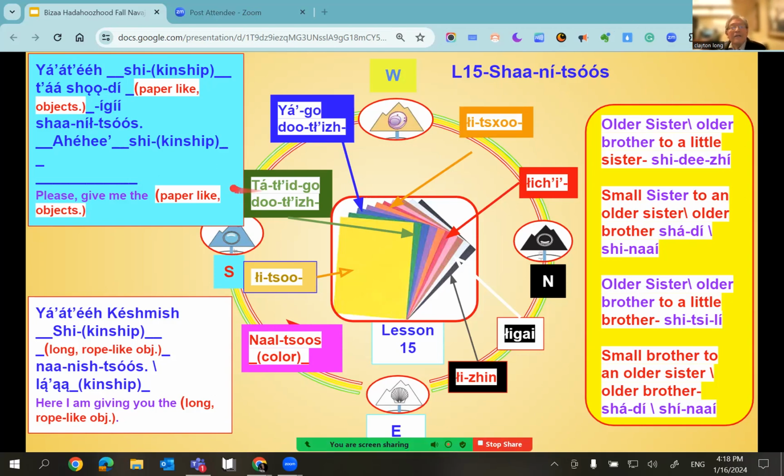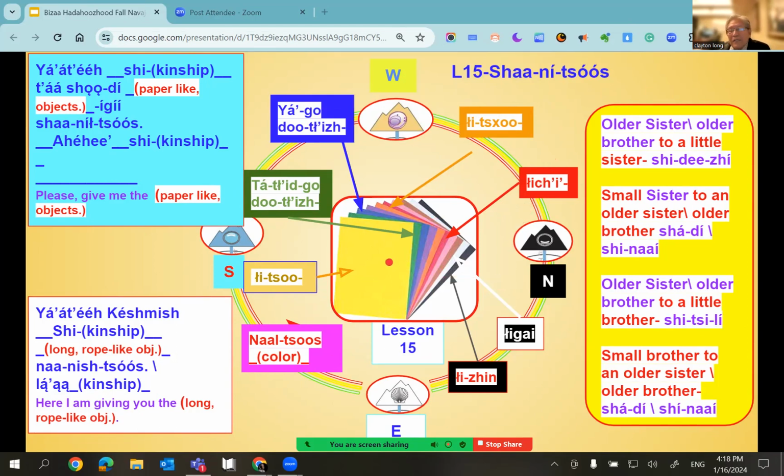Command. All right. So in this, let me go through the words. Everything's going to be a Shaaníłtsoos, but I don't only use one example. You could have a flat paper sack or something like that. It could be flat Shaaníłtsoos, but most of the time it's paper.